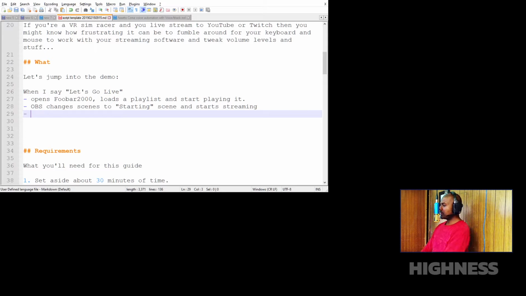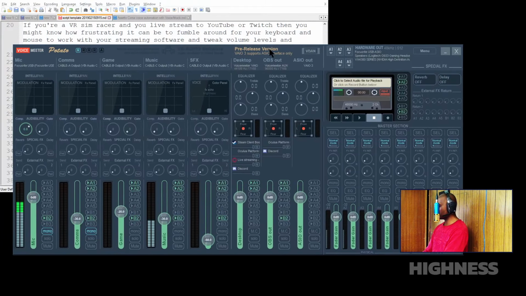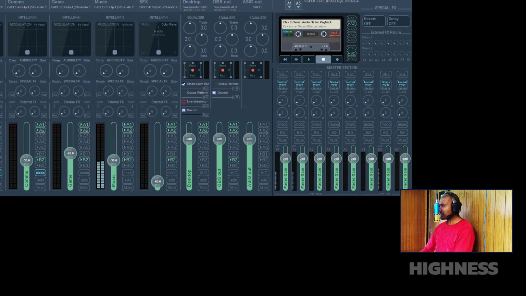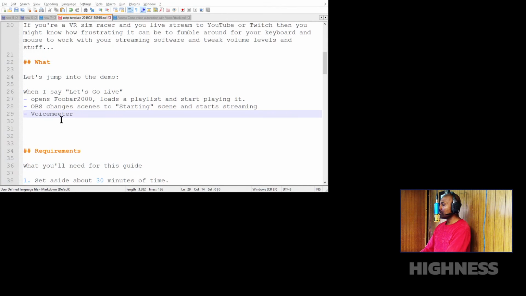And at the same time, the voice meter, which is this thing here, is basically a virtual audio mixing desk. And what voice meter does is it mutes all channels except for music,